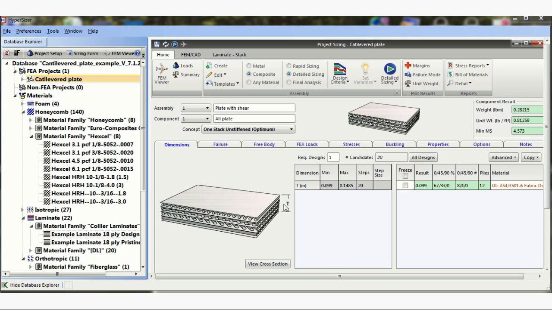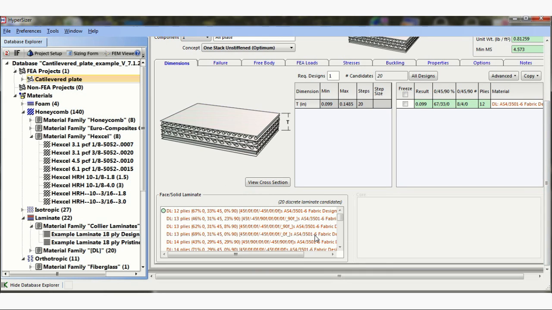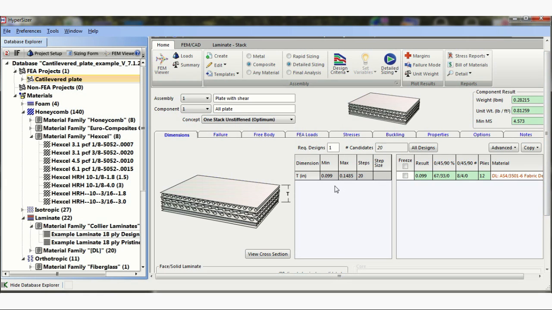Morning. Today I'd like to talk about the laminate form, the Collier laminate form, which is kind of in a strange place. But let me just go over this very simple laminate analysis. Here I have just a solid laminate, one component. I've actually chosen a series of laminates. In this case, it's discrete laminates. And they vary between thickness of 0.0099 and 0.1485, and there's 20 laminates,